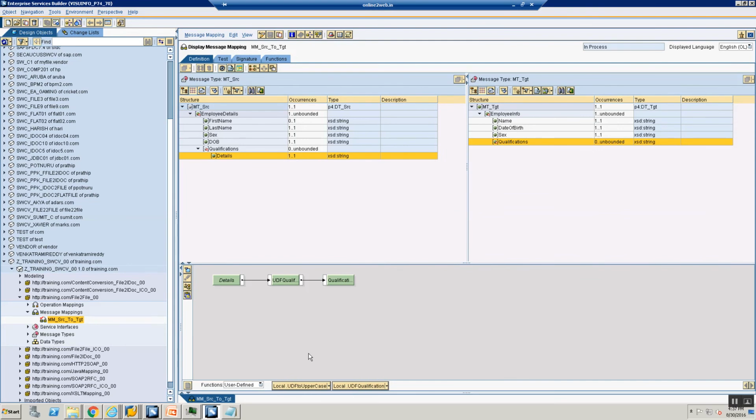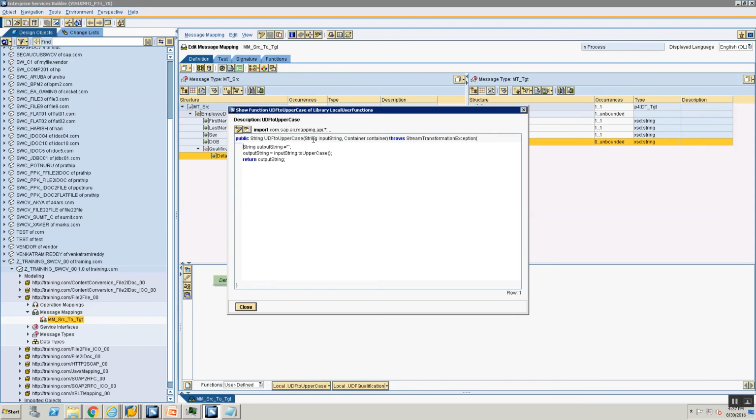So how do we add trace statements to our user defined functions? Let's go ahead and edit our user defined functions and add trace statements. I'm going to get my trace object. I'm going to say abstract trace equal to container dot get trace. Now I'm saying trace dot add